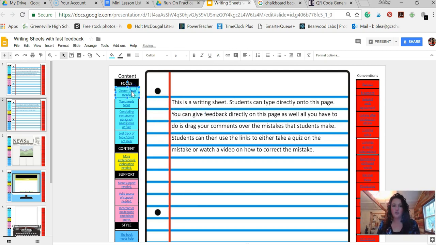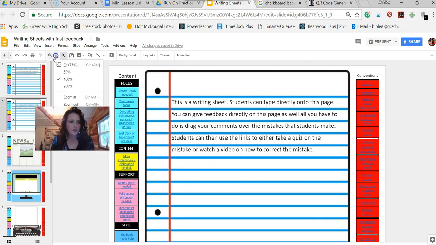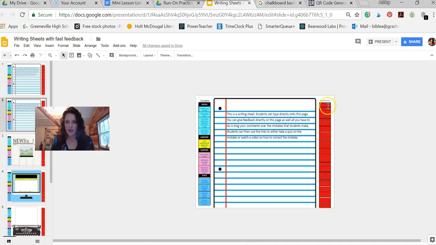So if you do not like the lesson that I have attached, you can easily change that. All you have to do is change that lesson. I want to show you a very important trick. Let me zoom in. Okay, I did not make copies of these for you because you might end up changing them. But once you do have your writing sheets how you want them, you're going to just hold your control button in and select with your